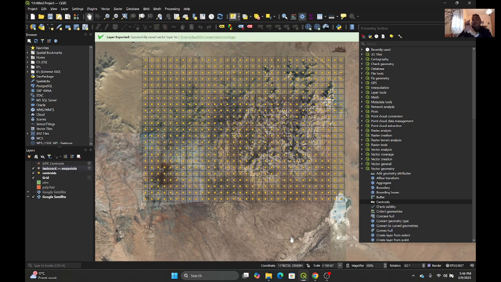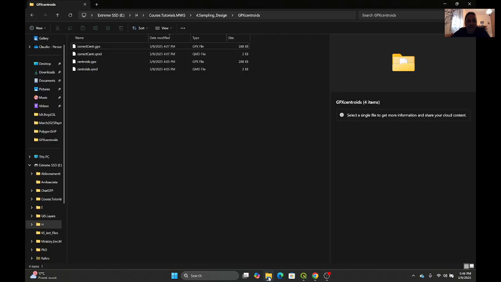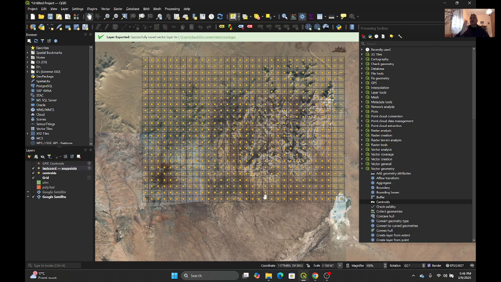We have to select the folder GPX. And that file we produced, which is this one, with the extension GPX, must be copied in the GPS folder called GPX. Once we have that, we have all these points in our GPS, and